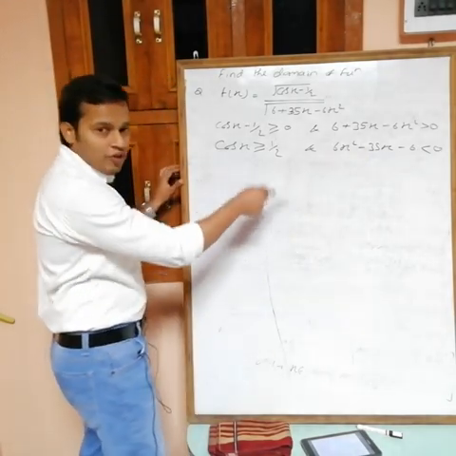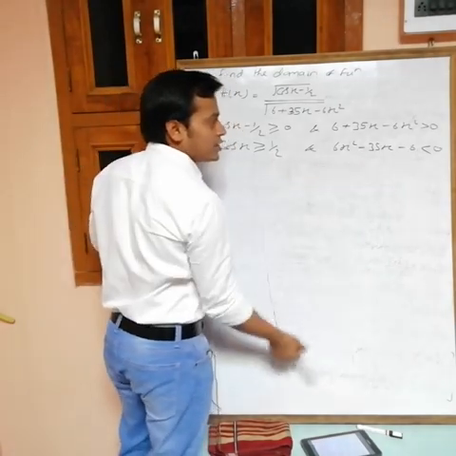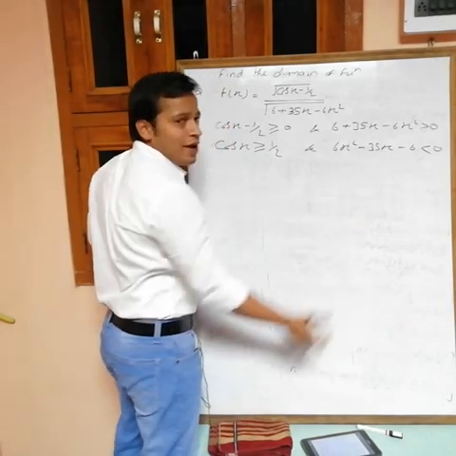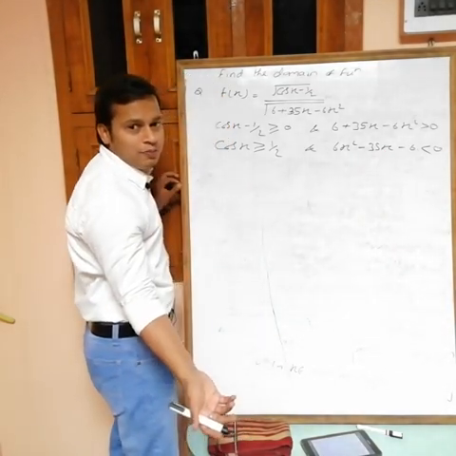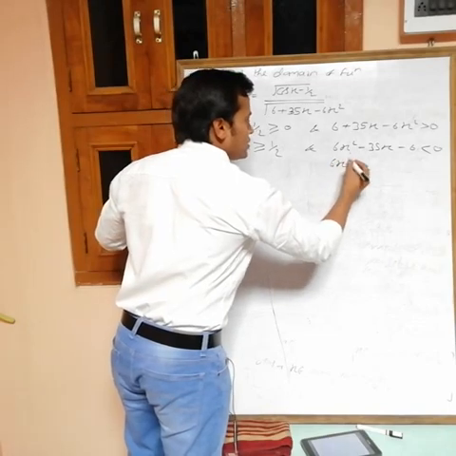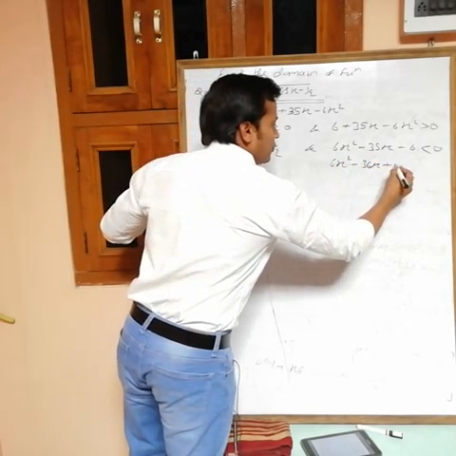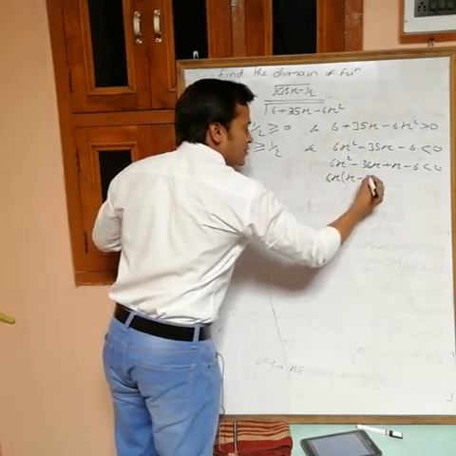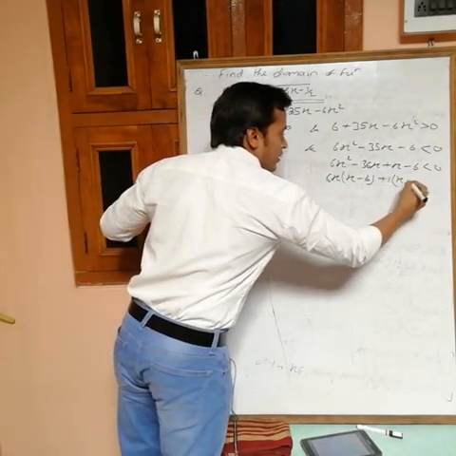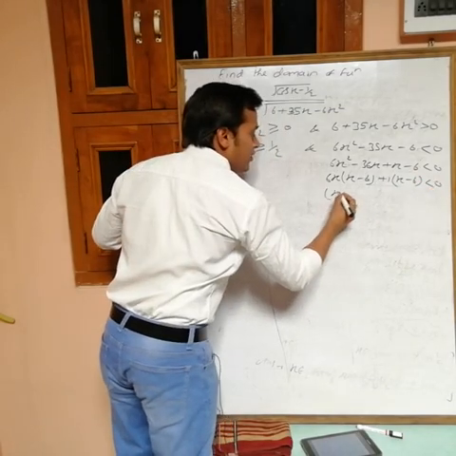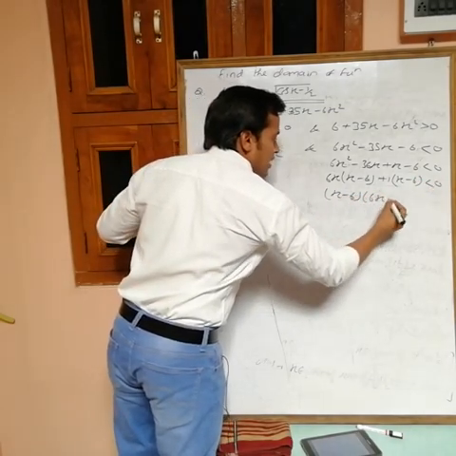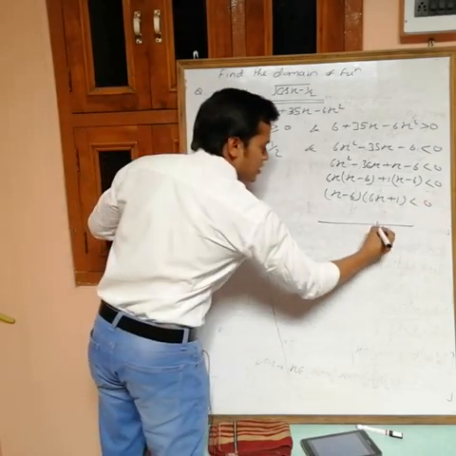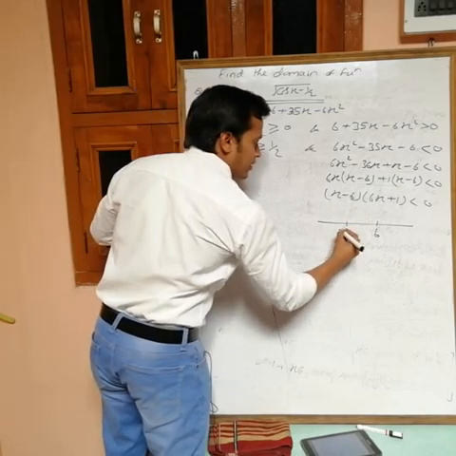I can factorize this one. Product is 36, so you want two values such that product is minus 36 but sum is minus 35, that is minus 36 and plus 1. So I am splitting 6x square minus 36x plus x minus 6 less than 0. If you take common 6x, then we are getting x minus 6. If you take common 1, then we are getting x minus 6, less than 0. Then we are getting (x minus 6)(6x plus 1) less than 0. If you put this one equal to 0, we are getting 6. If you put this one equal to 0, we are getting minus 1 by 6.